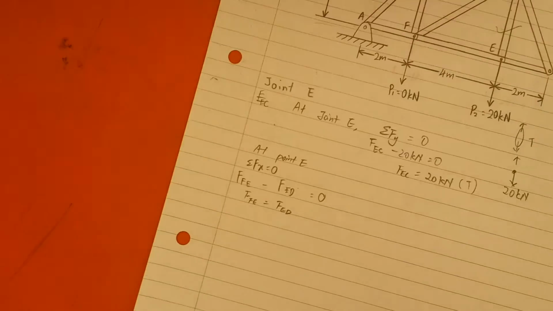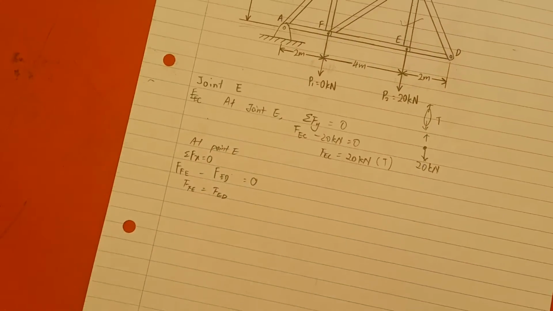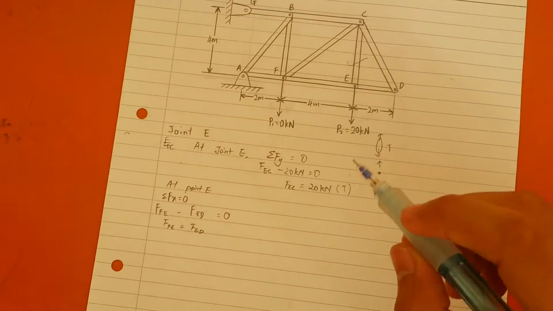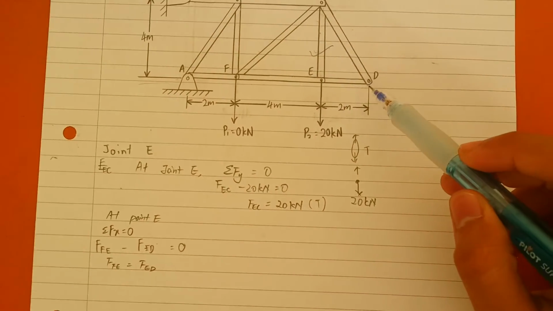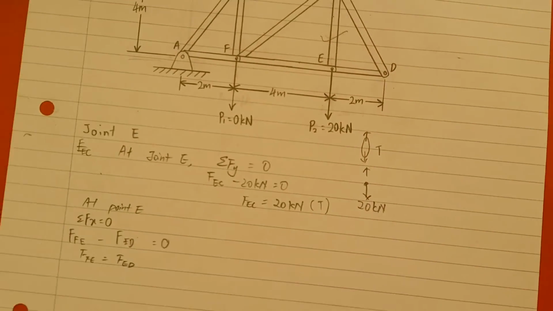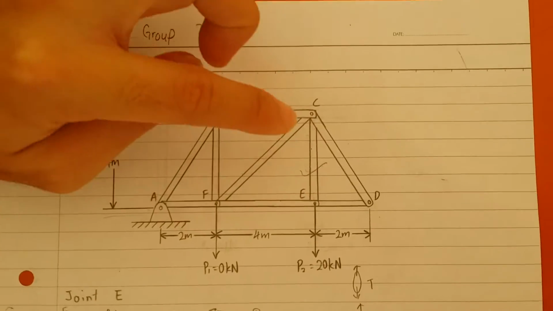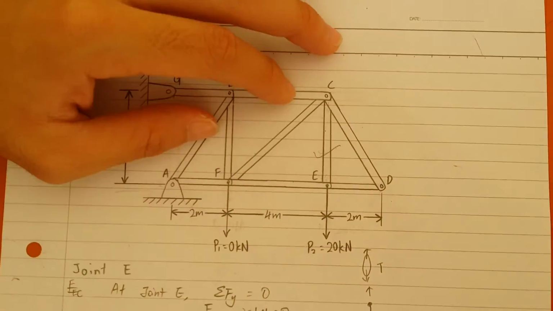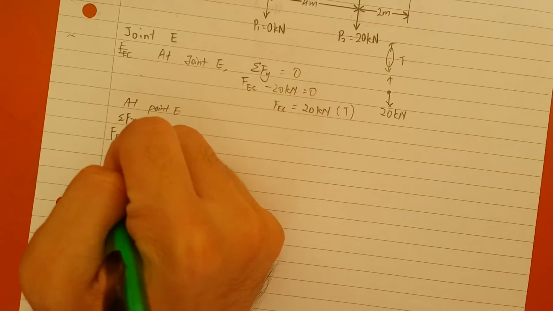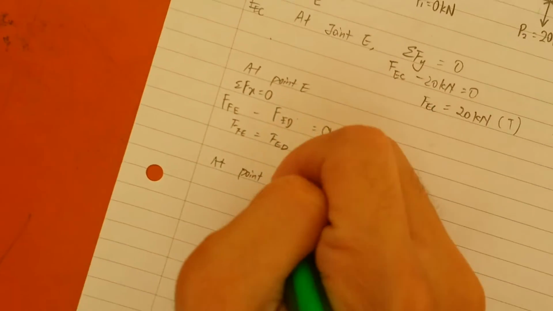Now we move on to point C, or point D also can. I think we move on to point D first, because it is more suitable, as it only has two unknowns. So at point D,